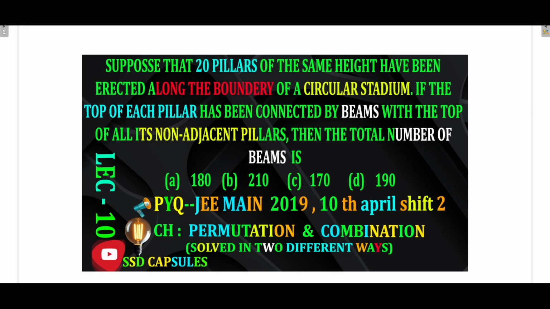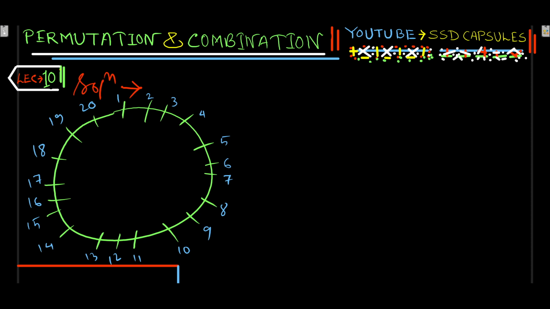Now it has been told that if the top of each pillar has been connected by beams with the top of all its non-adjacent pillars, then the total number of beams is? So if we select, for example, pillar number 1, then it has been told in the question that 1 can be connected to the tops of all other pillars